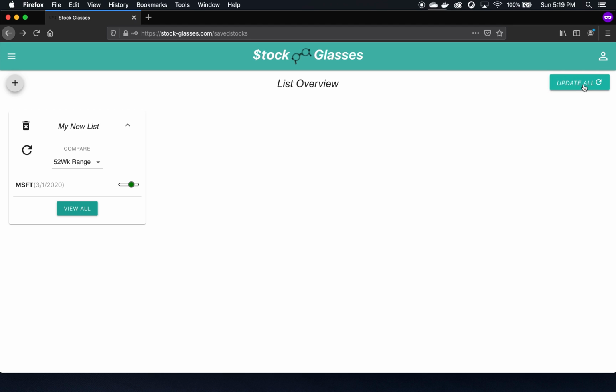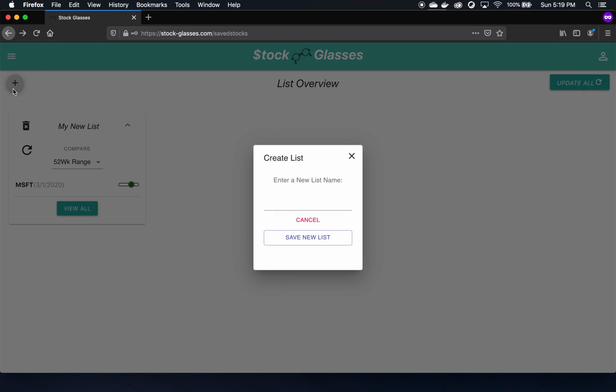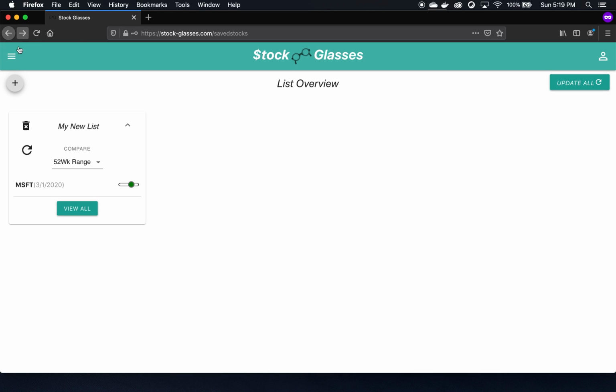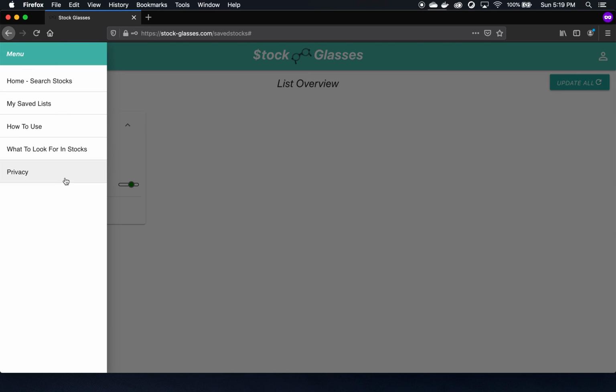If you want to refresh all of the stocks and the data so that they have the most recent data, you can see the date here, then you'll need to either click the refresh button on the list or the update all button up here. Keep in mind that it'll probably take a little bit of time to get all of the lists updated if you do this. You can add a new list by clicking on this button here,